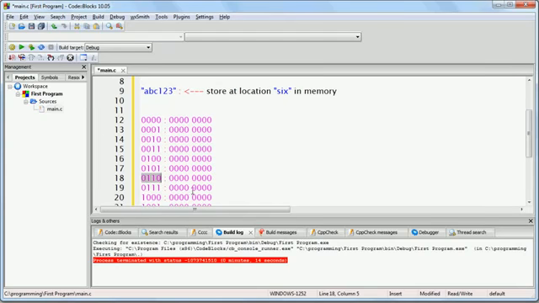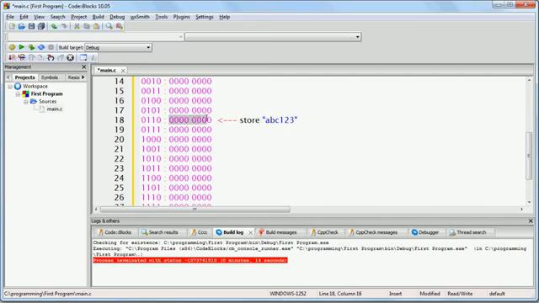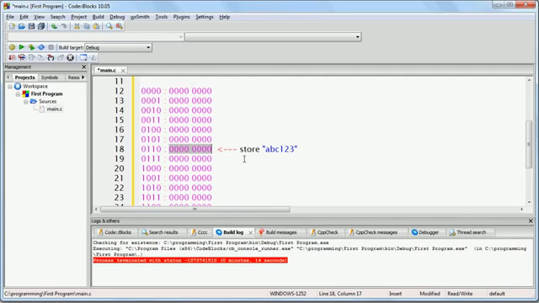So that would be here. Now if we're going to store the string of text ABC123 at this location, notice it can't fit because this is only 1 byte. So what actually happens is that you're going to store only the letter A at this